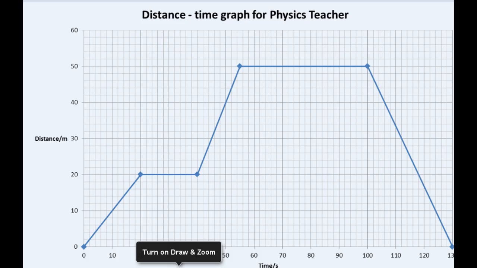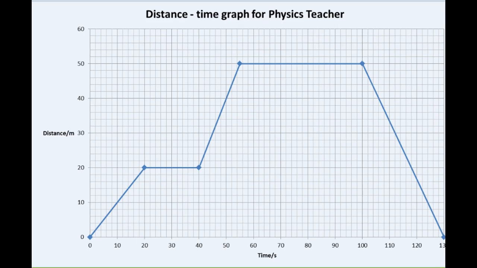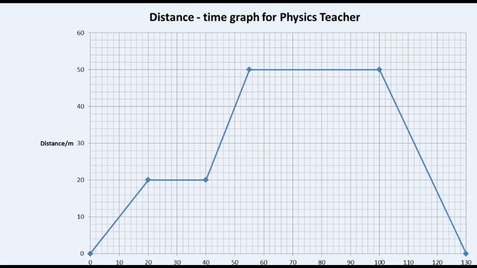Now let's look at the actual example that I gave you in the original PowerPoint. Here is the distance time graph for the physics teacher. So let's try and first of all calculate the speed in each section. Now I'm on the move again. The thing is, am I moving any quicker than I was before? So let's see. Then if I just draw a straight line